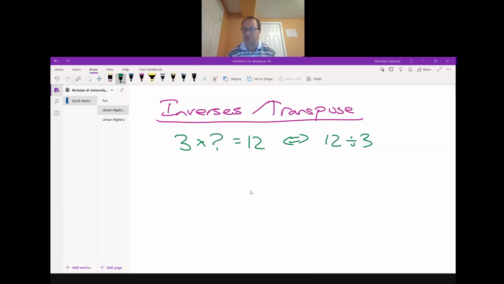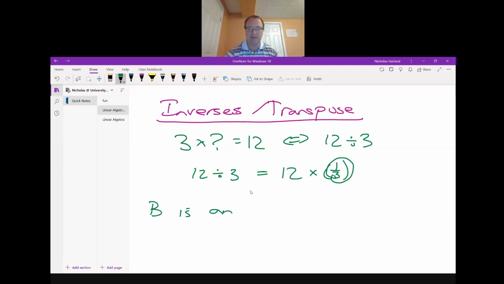Thinking about division can also be thought of as multiplication, as long as you multiply by the correct thing. For example, 12 divided by 3 can also be thought of as 12 multiplied by 1/3. Now, we've not seen fractions with matrices. We're not going to see fractions with matrices, but we want to come up with the next best thing. And this is why the notation is the way it is. How can we undo multiplication? And that's what an inverse is. How can we come up with the equivalent of doing 1/3? So in other words,